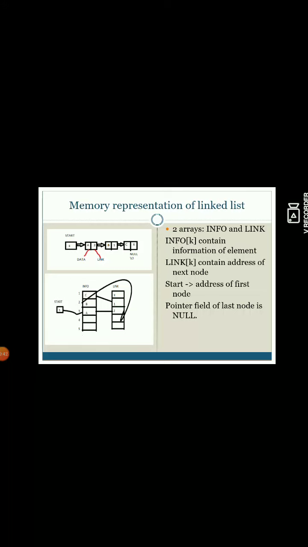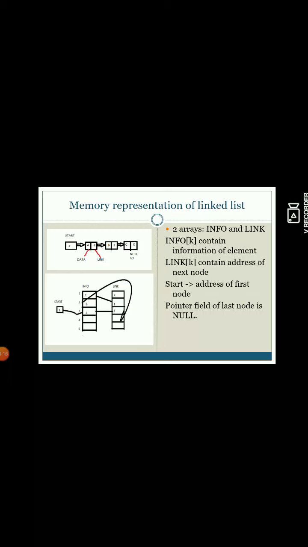Clear? Next, in the 2 info part, I put the info as B. Then in front of the B, I put the link as 1. Then again I join 1 from the link to 1 of the info. Then at the info of the first memory location, I put the value C. Again in front of C, I have to put the link, but here I know that C is my last node.